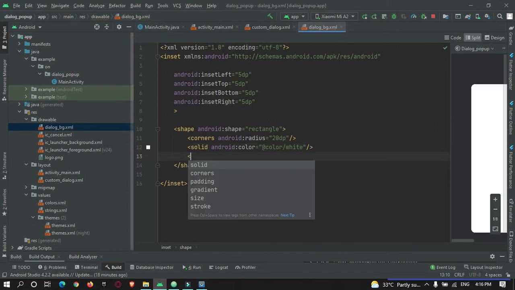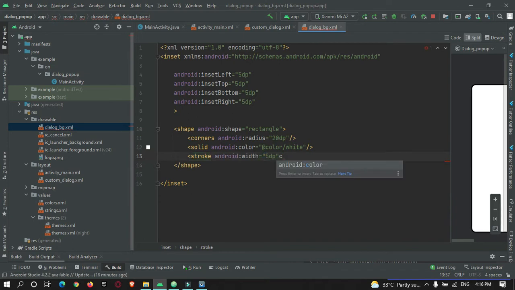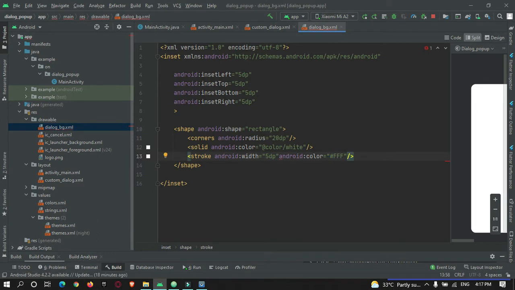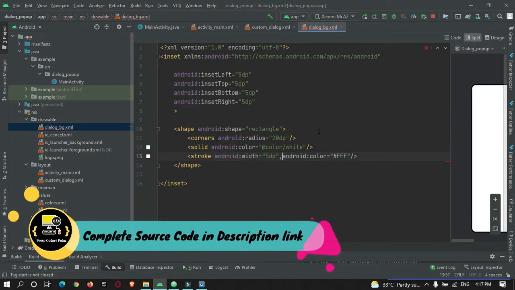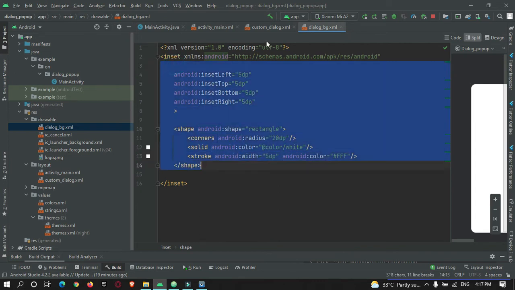And let's give a stroke width of 5 dp, and color we will give as white, sorry. Okay, so now we need to attach this. Okay, there is an error, so let me check. Okay, it's gone.